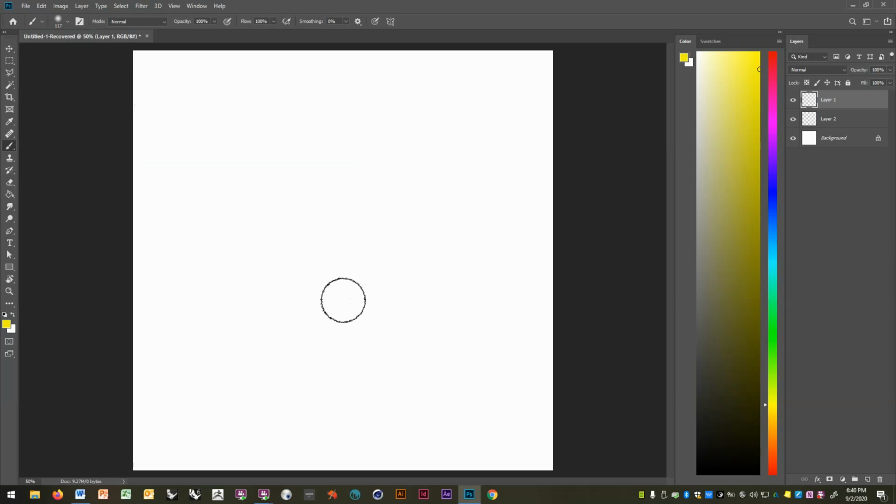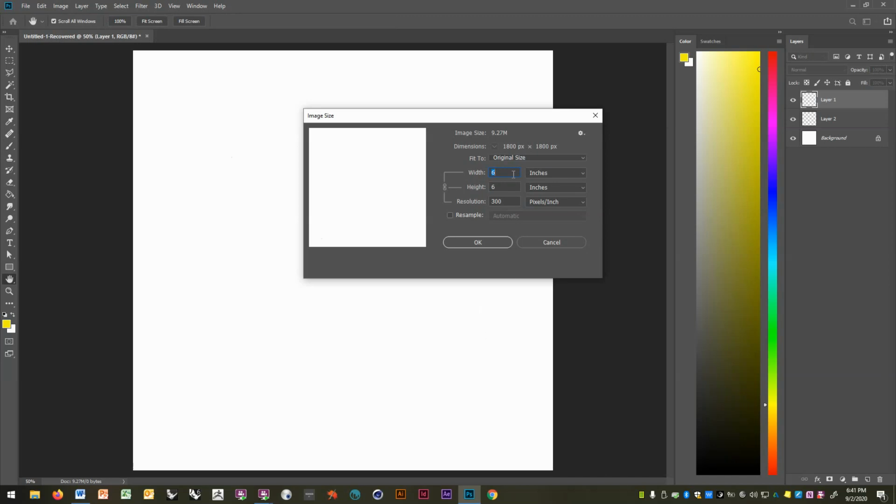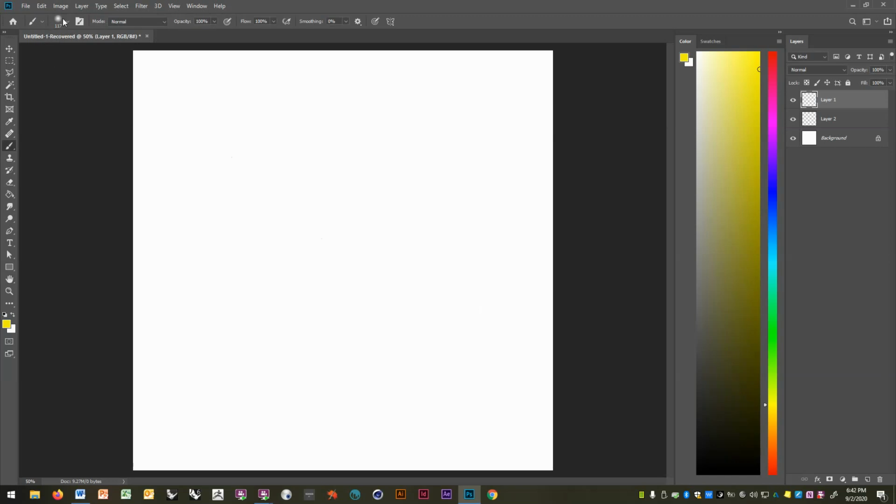It's 117 pixels. Just fun math, since this is a 300 pixels per inch canvas. Remember, we made this 6 by 6 by 300. This brush is a little less than half of an inch in diameter. While I'm on that topic, you should be able to find your image size here: 6 by 6 by 300. Okay? As you can see, when I pop this list down,